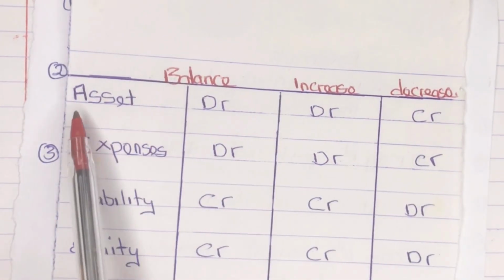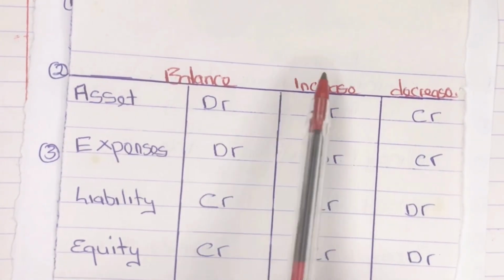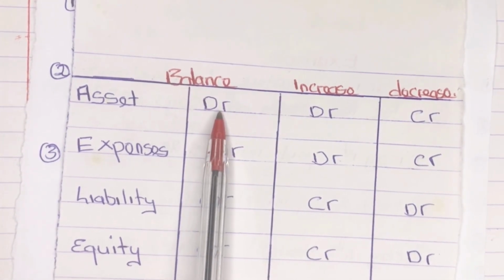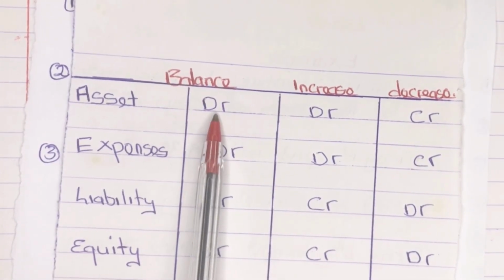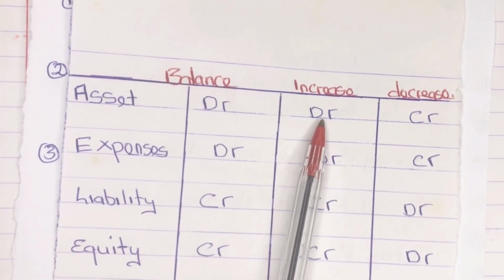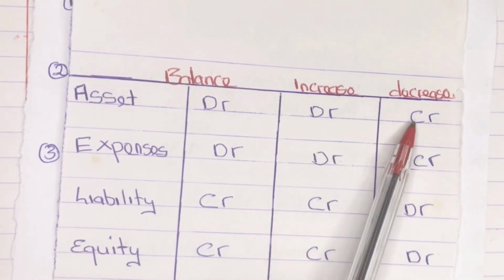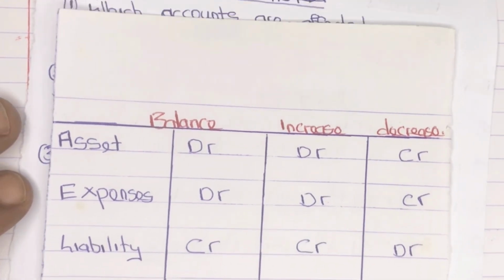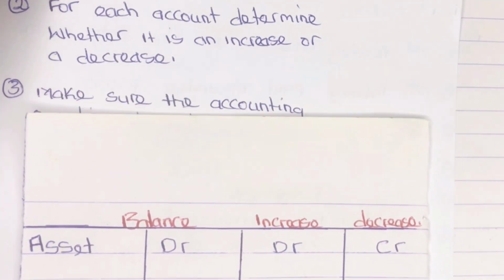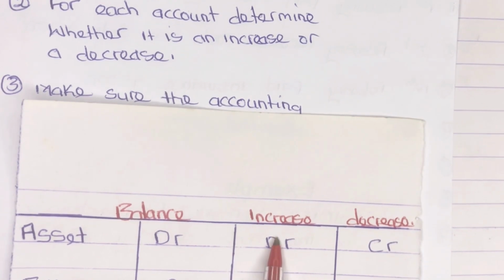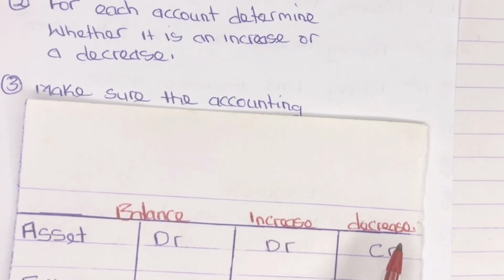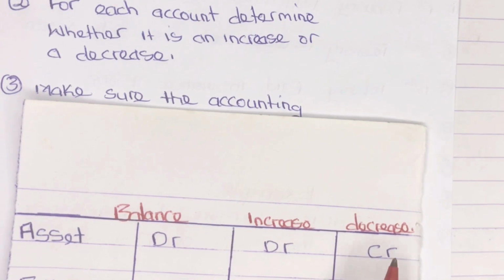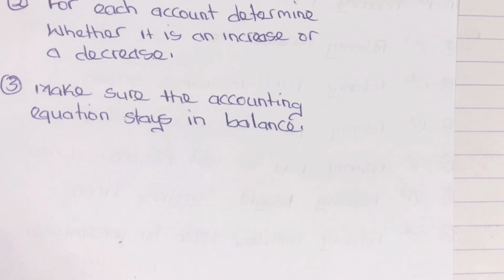So looking at the asset account, for instance, if we bought an asset, it has a debit balance, so it is increasing, and the cash account, for instance, is decreasing. So which account is increasing and which account is decreasing? The asset account is increasing, so we debit, and the cash account is decreasing, so we credit. So the next one says,